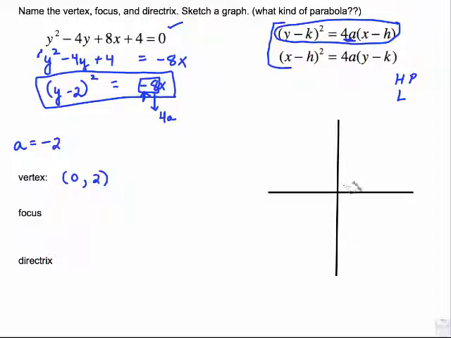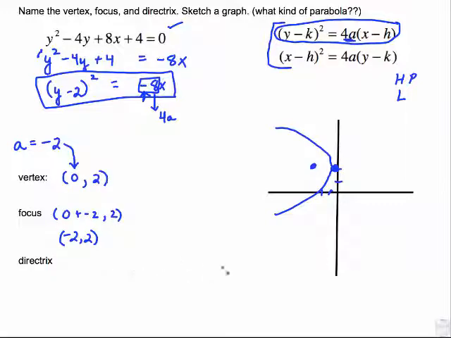So let's go to the graph. We're going to graph the vertex of 0, 2. And I know that this opens left, so I'm just going to do a sloppy little graph over here. Didn't quite hit that dot there. So that's what my parabola looks like somewhat. Since A is negative 2, the focus for a horizontal parabola, remember if it's a horizontal parabola, you are going to be making changes onto the horizontal part of the vertex. So this is 0 plus negative 2, comma 2. And of course, 0 plus negative 2 is negative 2, comma 2. So my focus is over 2 and up 2, which puts the focus right there inside the parabola